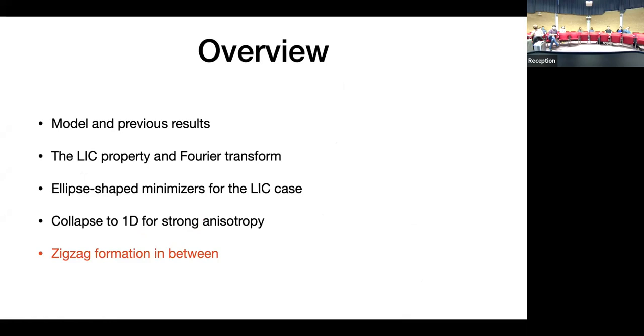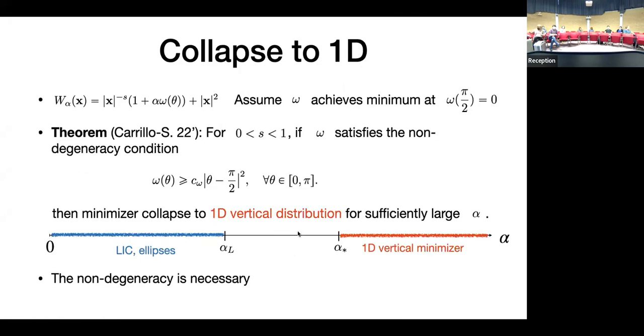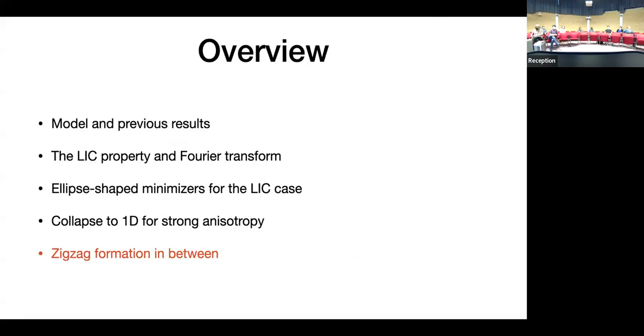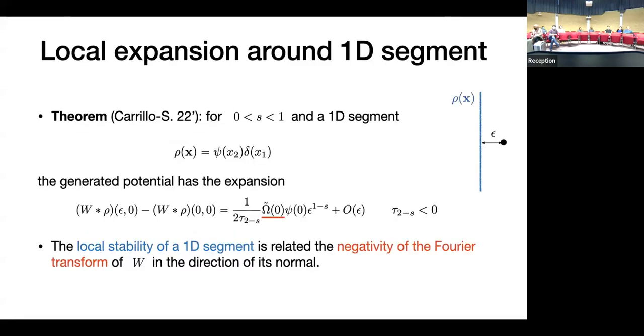Okay, so finally, what happens in between? Although here the phenomenon becomes very complicated and we cannot get a very detailed description of the minimizers, we can indeed get some information. For example, we can guarantee that for some situations, vertical segments cannot appear, so that you have to have zigzags. To do that, you take some vertical segment like that and try to compute the local expansion of the generated potential near this vertical segment. Suppose the generated potential goes down near